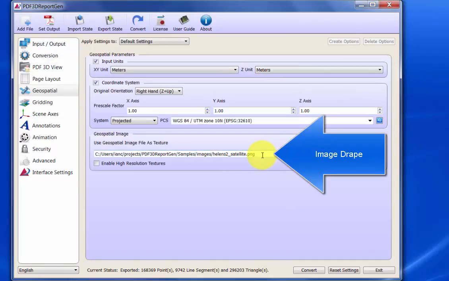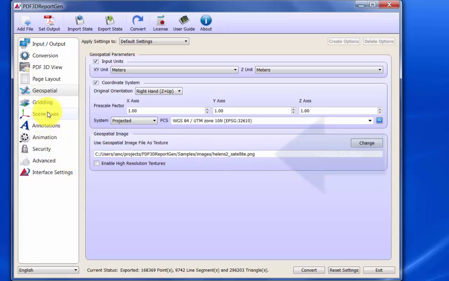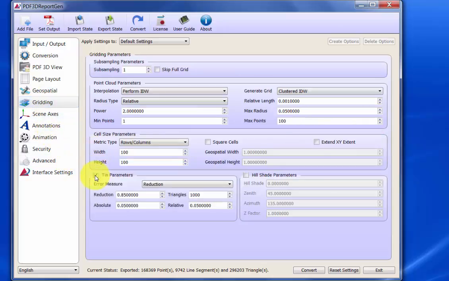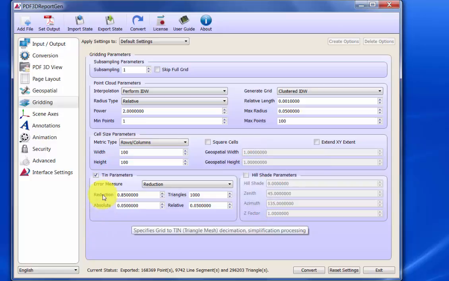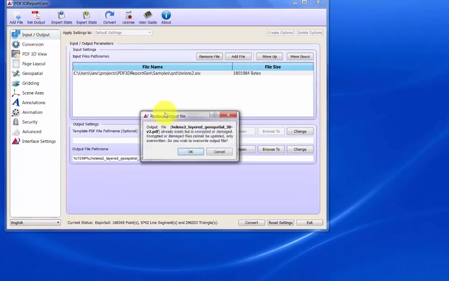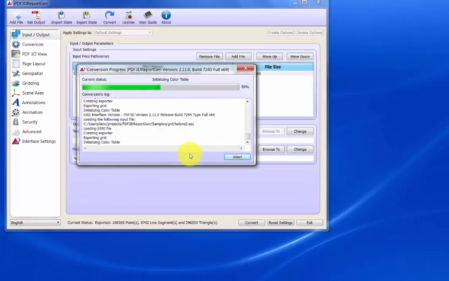And in addition, we can go to the Gridding tab and enable a tin operation, which provides, rather than all the grid cells across the whole tile uniformly, an adaptively sized triangle mesh appropriate to create a much smaller and more responsive PDF. So with those two changes, we can convert again, and this time the ArcGIS grid is